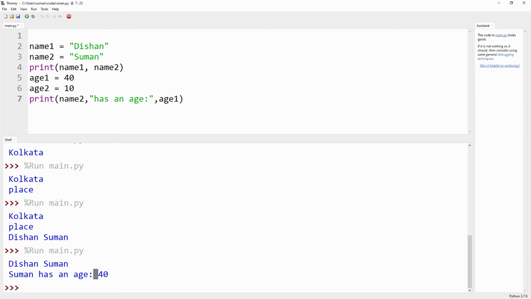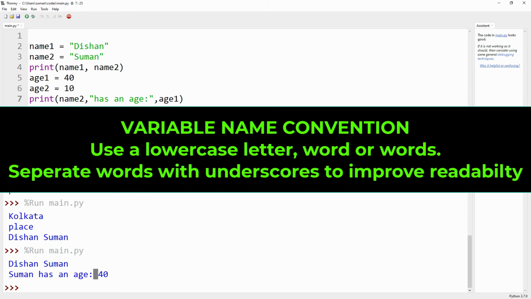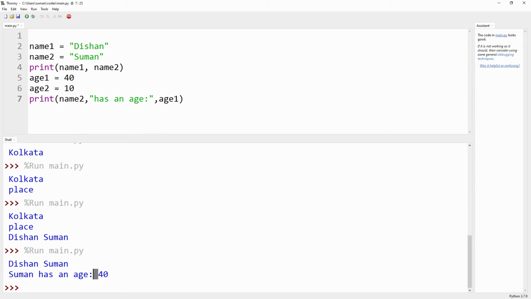So how should we name a variable? What may be a good variable name? Suppose age1 is equal to 40, but we cannot say that age belongs particularly to Shumon. So we may write age1 underscore name2. Obviously the usage here should be changed.